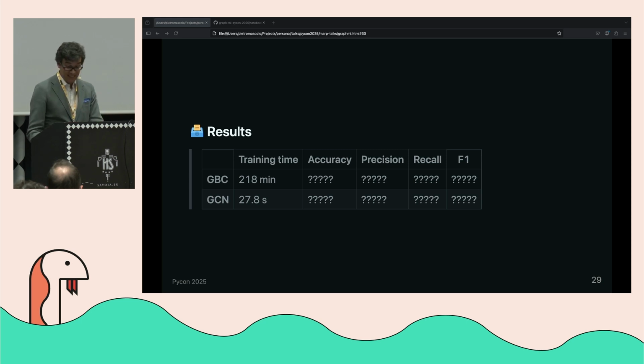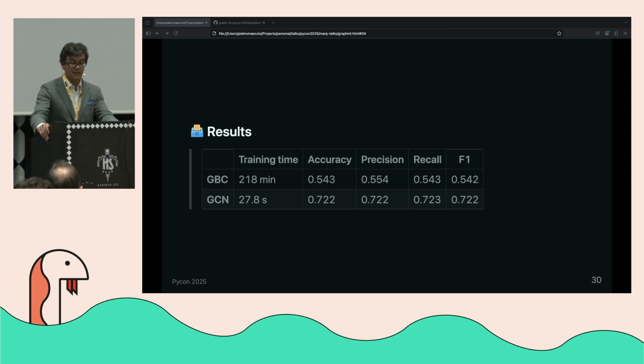So, good start. And then when we look at the metrics, the graph network actually did a lot better, by a considerable margin. And just to give you some numbers here, I used a gradient boosting classifier from scikit-learn, nothing too fancy. I gave it 100 estimators because I wanted to be a bit thorough. So I wasn't trying to bias the ground towards the convolutional network, which is exactly what you've seen earlier in the code.